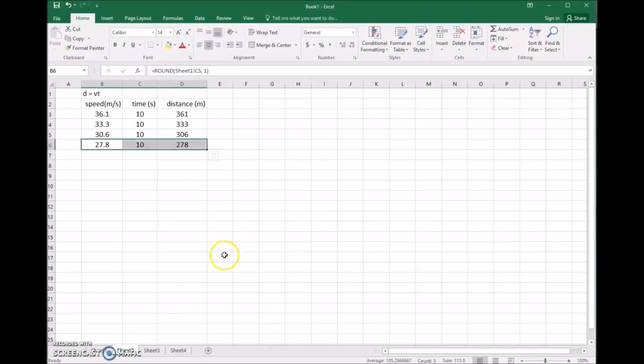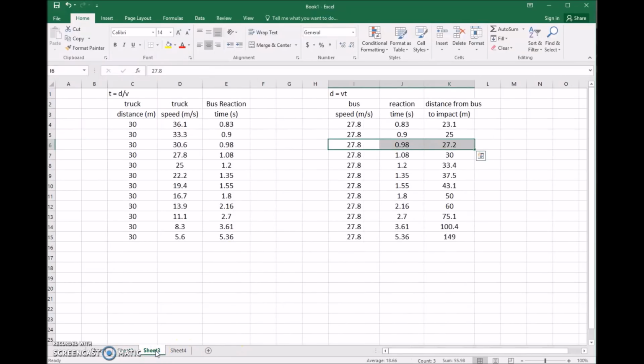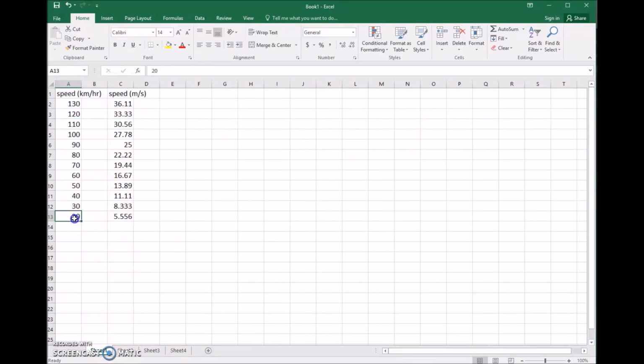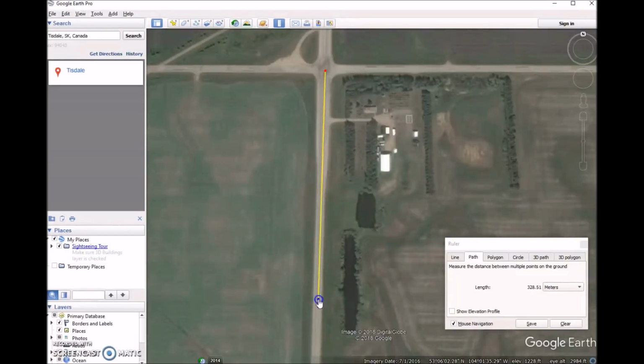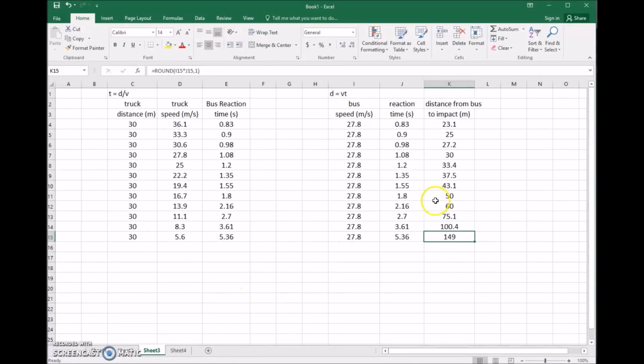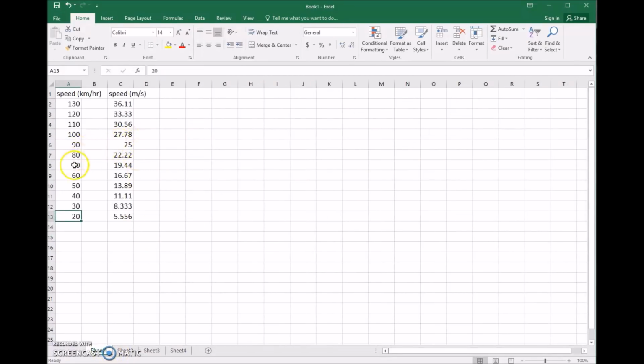Okay, so the other scenario that we looked at using the kinematics formulas of physics is if the semi did a rolling stop, and we can see here at different speeds, and some of those speeds are quite low, like 20 kilometers per hour. We end up with the same conundrum in terms of if it's a really slow rolling stop, then the bus has even up to 150 meters of warning, which is approximately there. Or if it's a faster rolling stop, like 70 kilometers per hour,